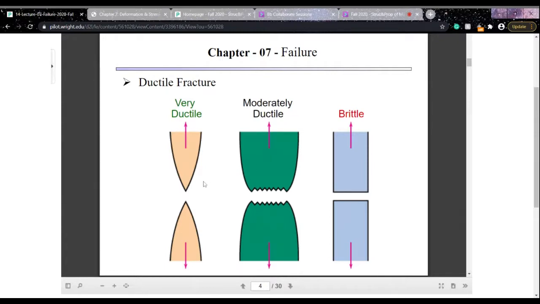So here you can see the material is first elongated before it undergoes fracture. So we can say that this is a very ductile material. Here there are small grooves that are formed and the material is elongated before it undergoes fracture. So we can say that this is moderately ductile. Whereas in a brittle fracture, the fracture surface is flat and this will be perpendicular to the direction